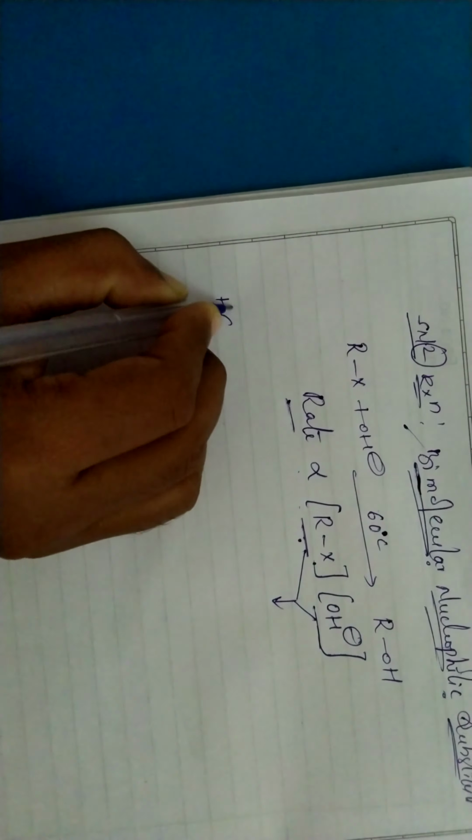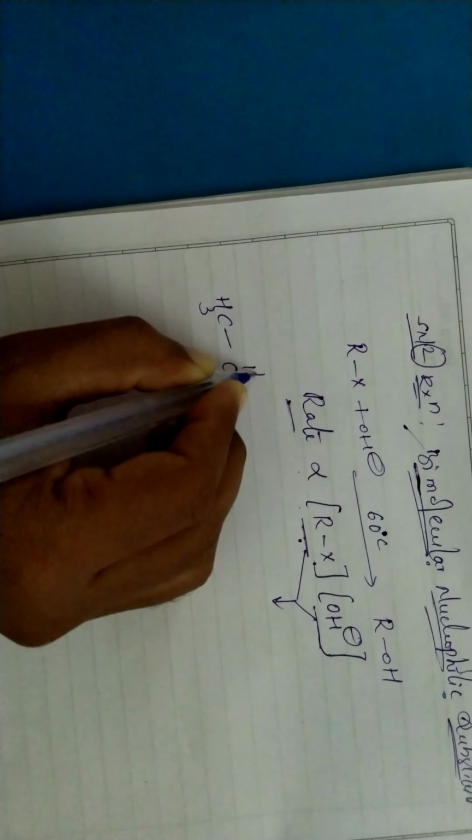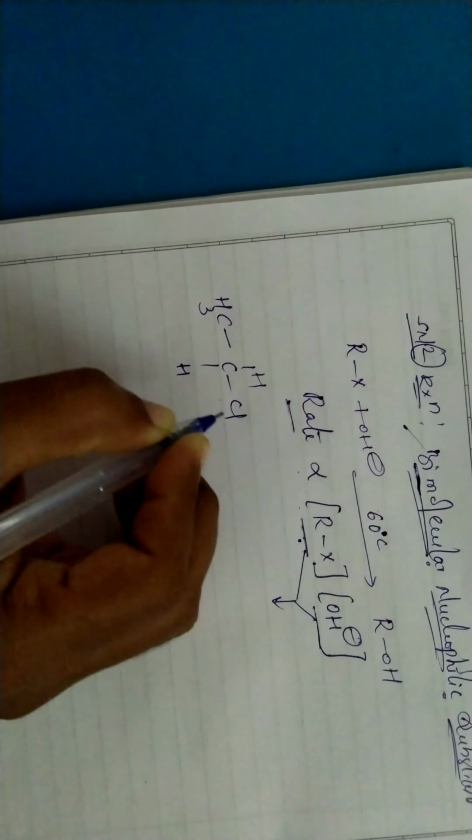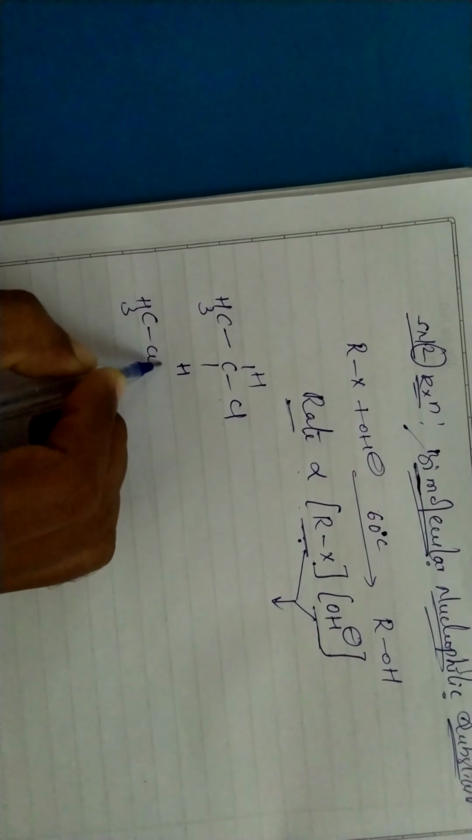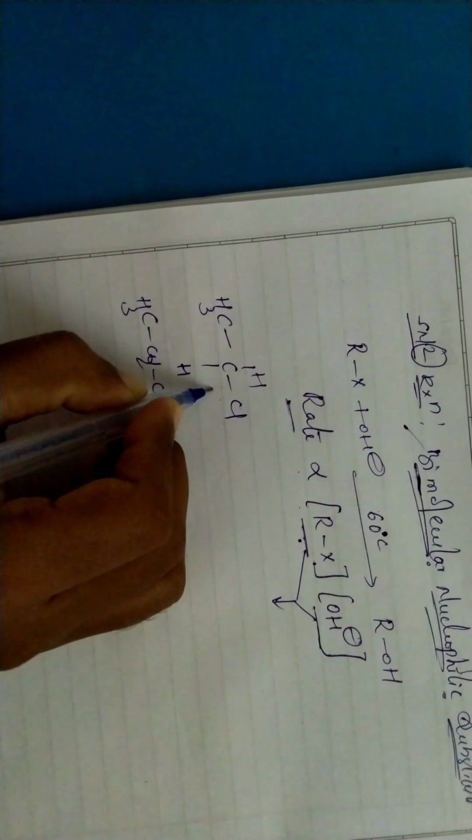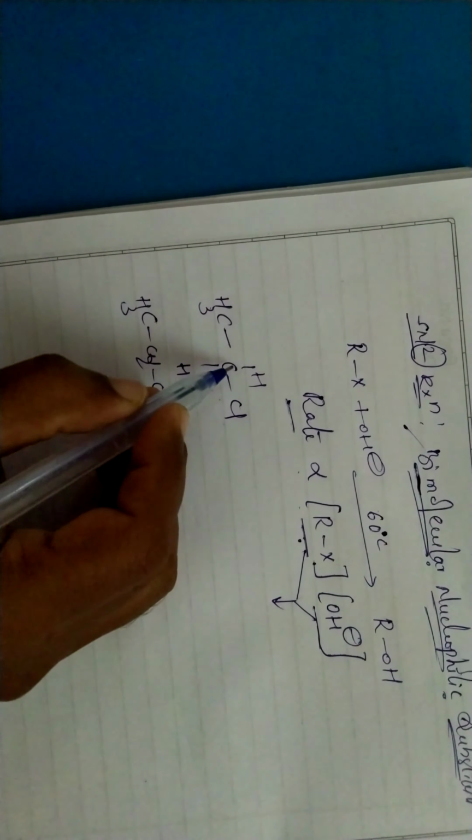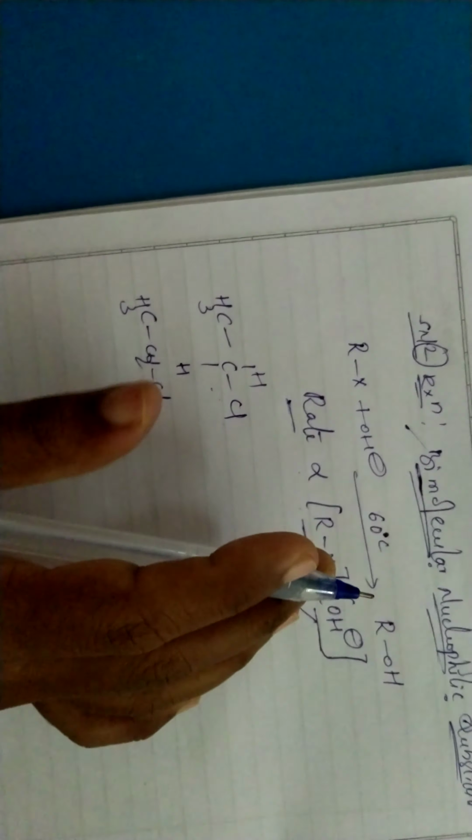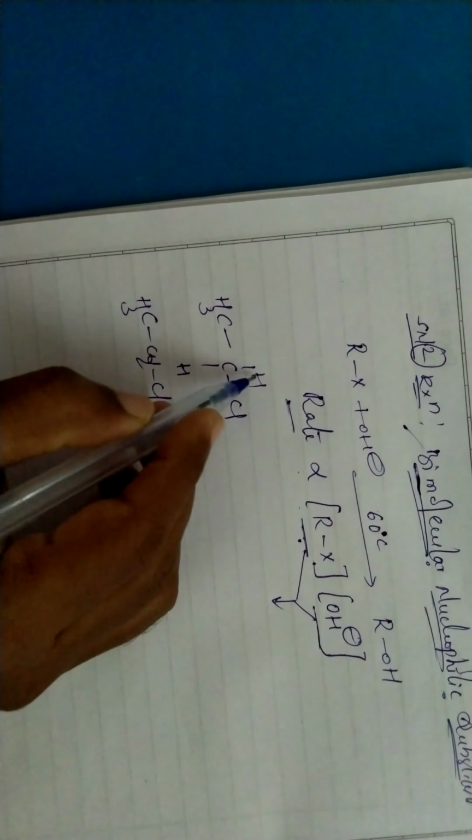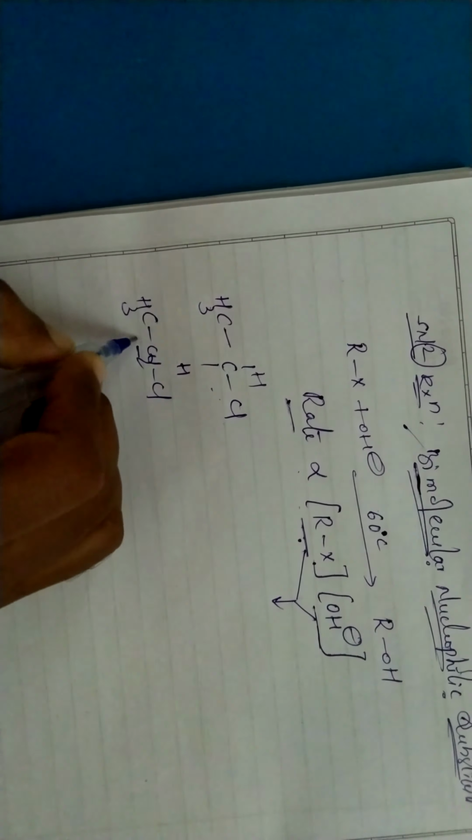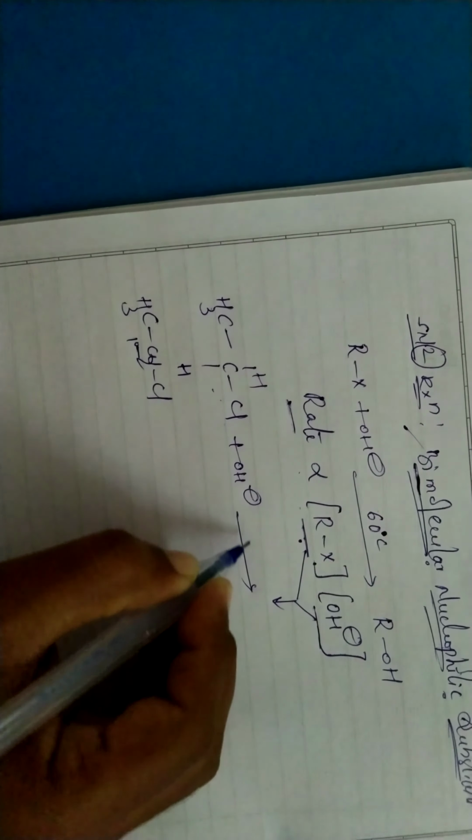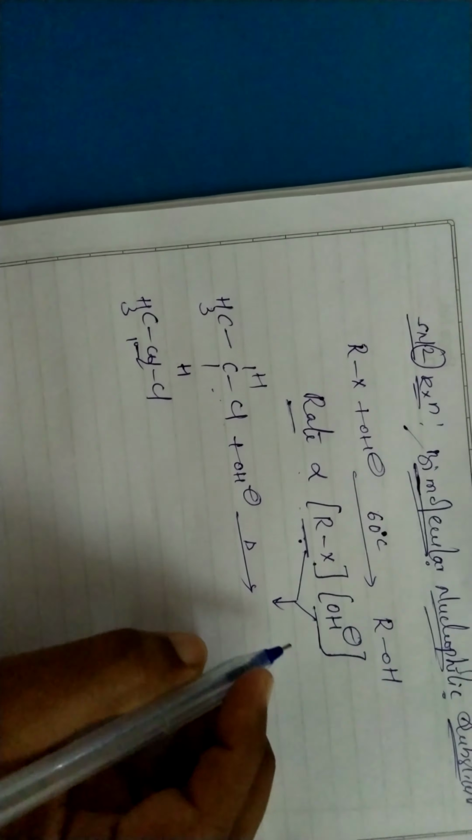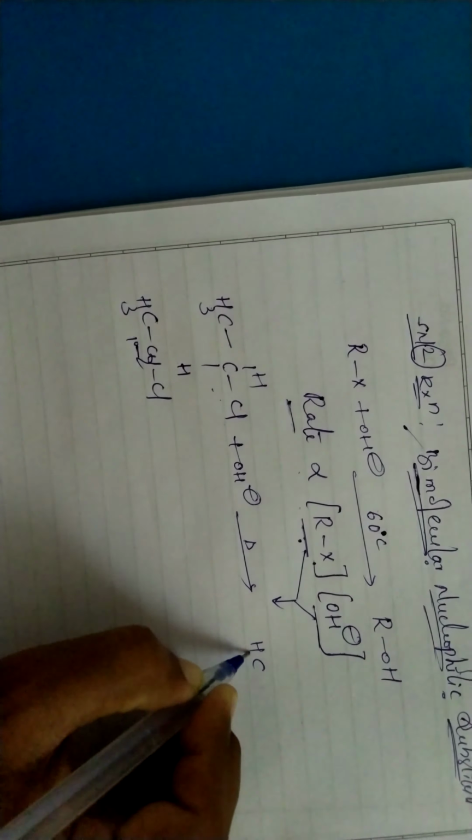Primary alkyl halide means I am taking here CH3, H and Cl. So CH3, H, H is nothing but CH3CH2Cl only. But sometimes in the textbook it may be given like that, so hydrogens only. There is no carbon there. It is CH2, which is a primary carbon only. So this primary carbon is undergoing reaction in the presence of some temperature. So what happened? So we are getting here CH3,